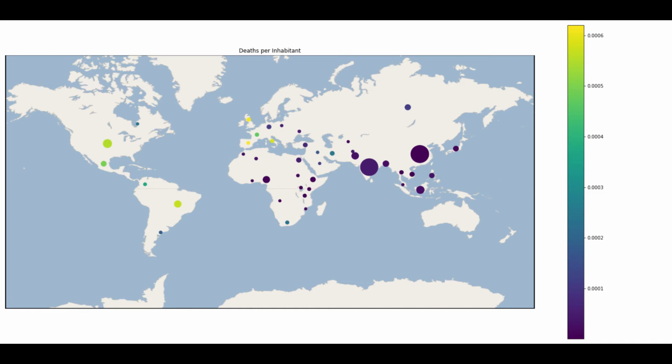So what is visualized in this picture is the probability that you have died in one of the countries because of COVID-19. So the probability in Spain, United Kingdom, and Italy would have been higher than in